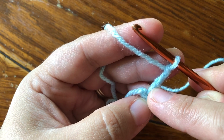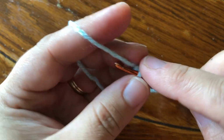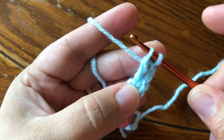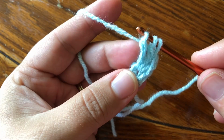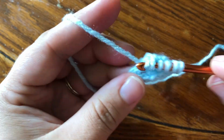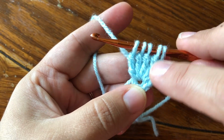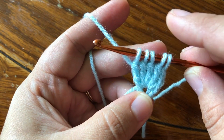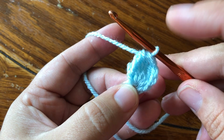So you need to have this beginning treble, then yarn over twice, insert your hook into the ring, pull up a loop, draw the yarn through 2 loops on the hook, and you're going to leave this last loop behind. Then you're going to repeat that 3 more times. Okay, so that's the second one, that's the third one, and the fourth one. So now you've got 5 loops on your hook, and this is the beginning treble, and all of these 4 are like partial trebles, basically, without making that very last step. So now when you yarn over and draw the yarn through all 5 loops, this is your beginning 5 TR